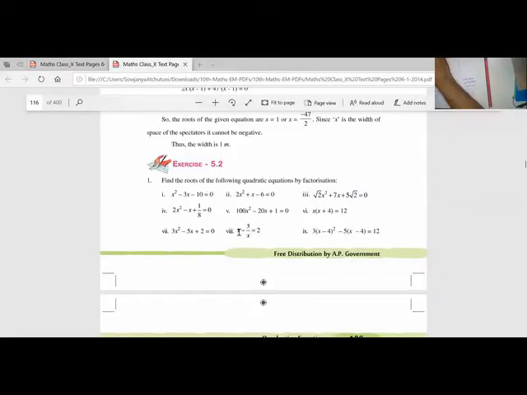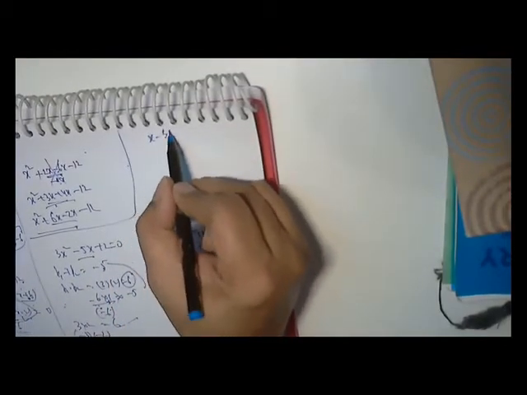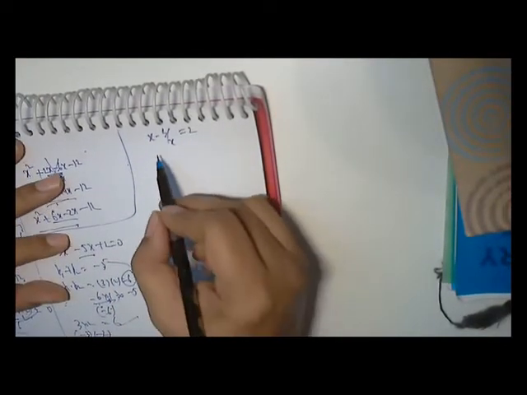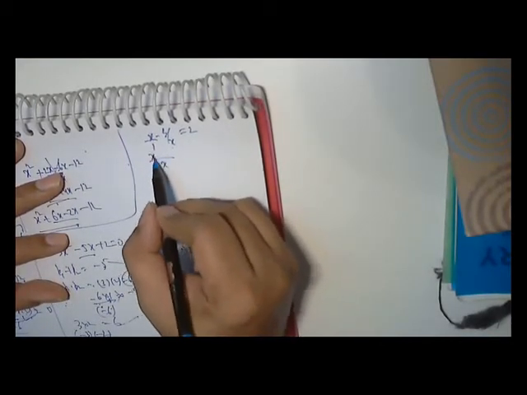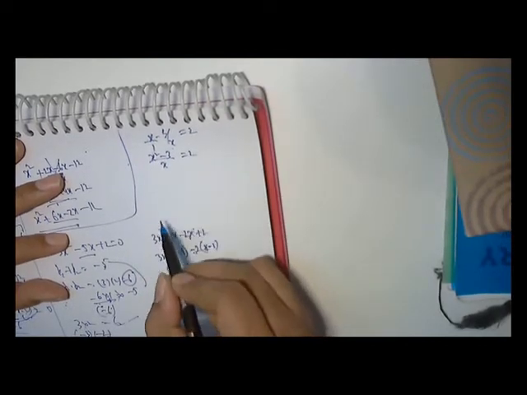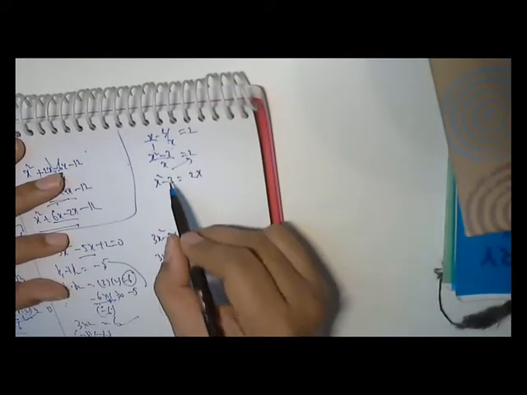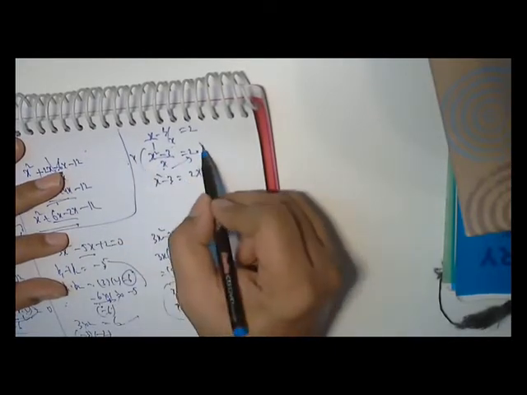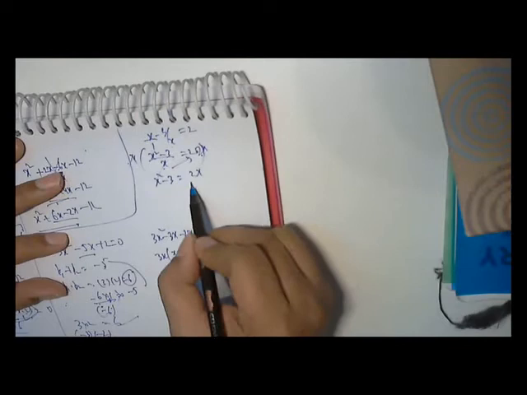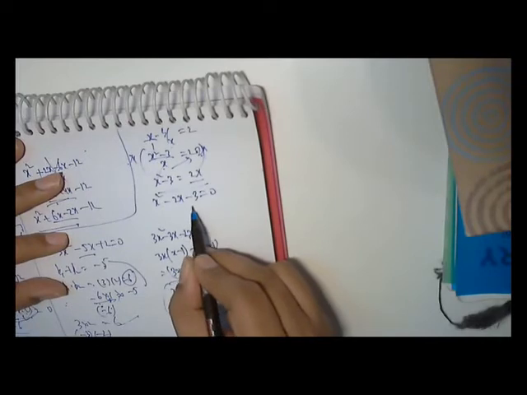Let us see the next. x minus 3 by x is equal to 2. I'm taking the LCM here, so x into x by 1. So x into x, x squared minus 3 is equal to 2. When this x goes to this side, x squared minus 3 is equal to 2x. Division will go into multiplication, or on both sides I multiply with x. x here, x here, the x's will cancel, and I get 2x. Both are okay. So x squared minus 2x minus 3 is equal to 0.